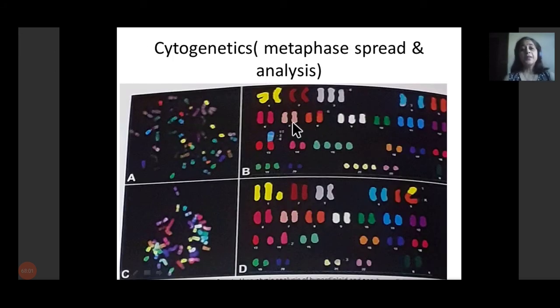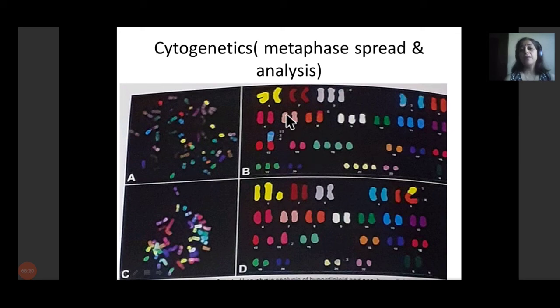This is the cytogenetics basics I would like to describe. This is one case where a 20-chromosome metaphase spread is seen, though it is more than that, but it is the minimum we should have. So we can see that this is a metaphase spread. When we align them as per their size and morphology, there's chromosome 1, 2, and we can see multiple trisomies. That means when we have a look at this, we can see this is a very busy